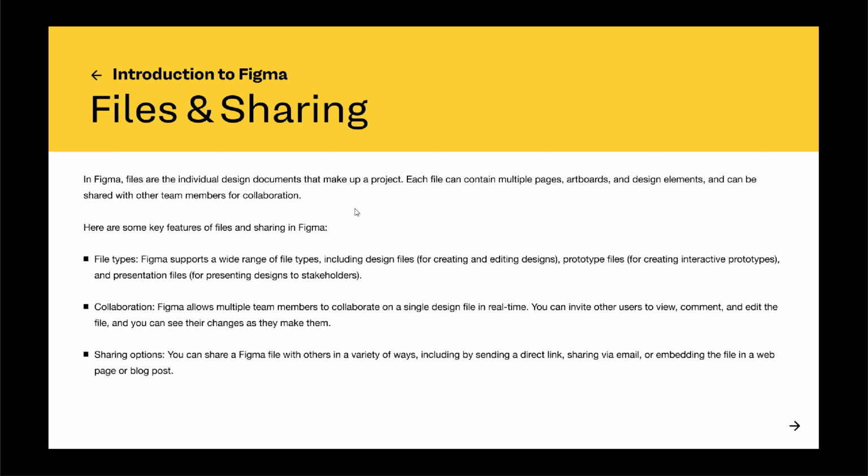File types. Figma supports a wide range of file types, including design files for creating and editing designs, prototype files for creating interactive prototypes, and presentation files for presenting designs to stakeholders. Collaboration. Figma allows multiple team members to collaborate on a single design file in real time. You can invite other users to view, comment, and edit the file, and you can see their changes as they